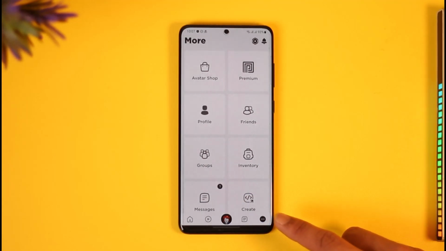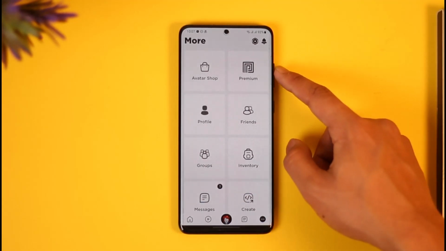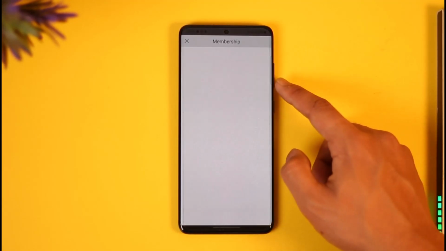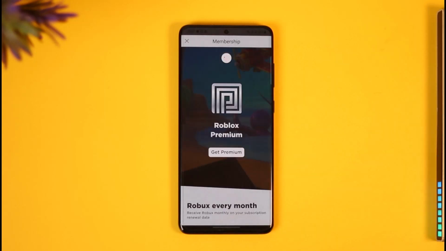Once you tap the three dots icon over here, if you look on the top, you'll find a section where it says premium, so you want to make sure to tap on it. Now if you don't have premium, then first of all it will ask and prompt you to subscribe to premium,